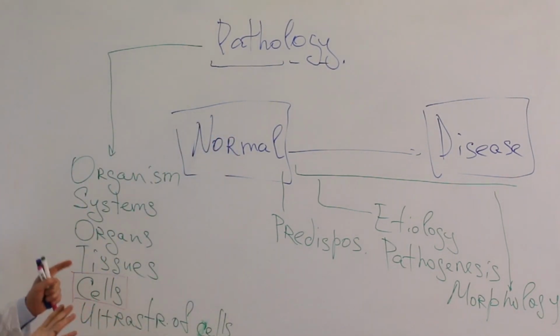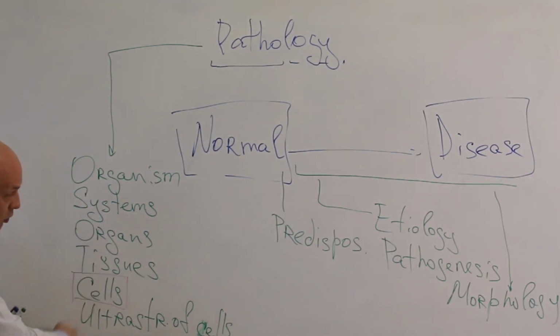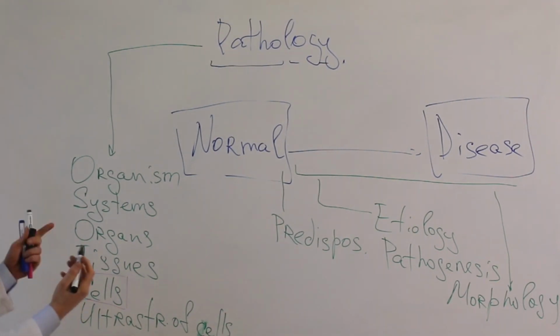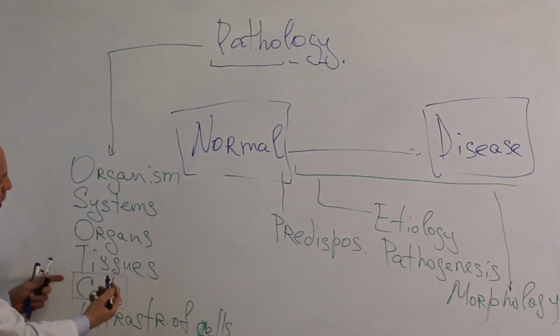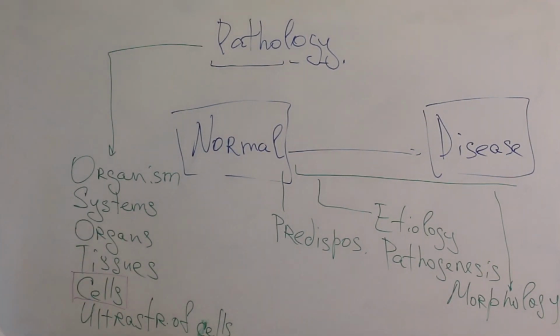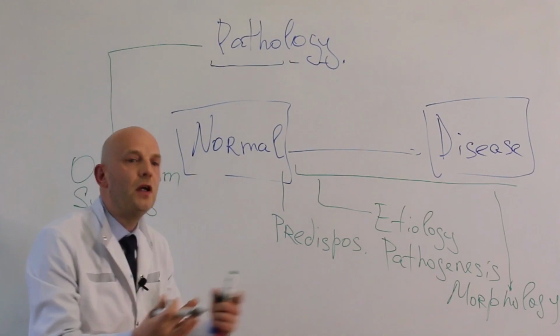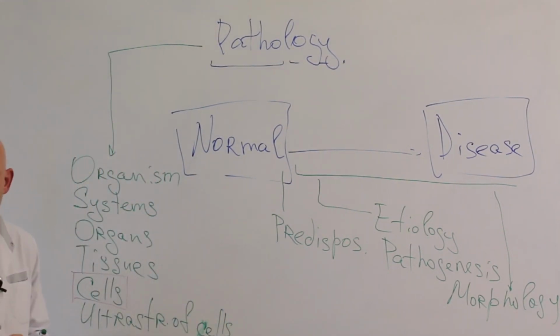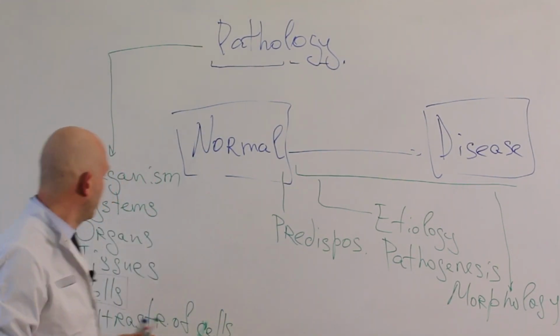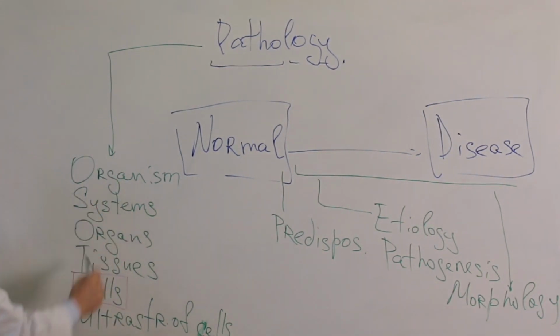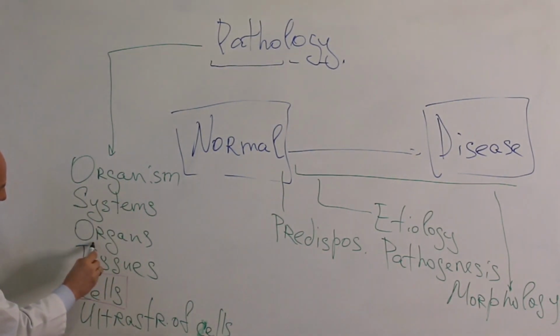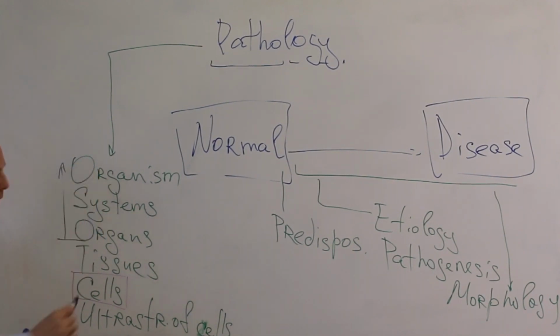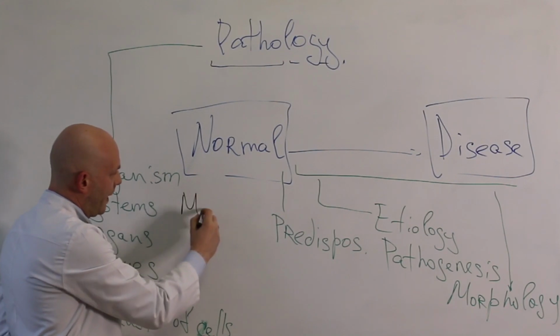So that's quite important. And continuing to talk about those levels, we need to understand how we can see the differences on the different levels. What methods can we use to reveal those changes, especially when we are talking about the morphological changes now? If we are talking about starting from the level of the organs and upwards, everything here is about the